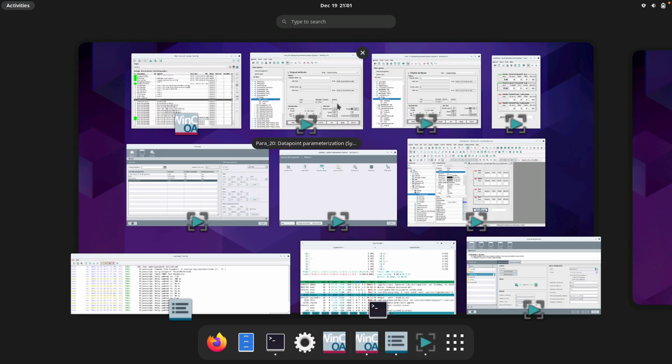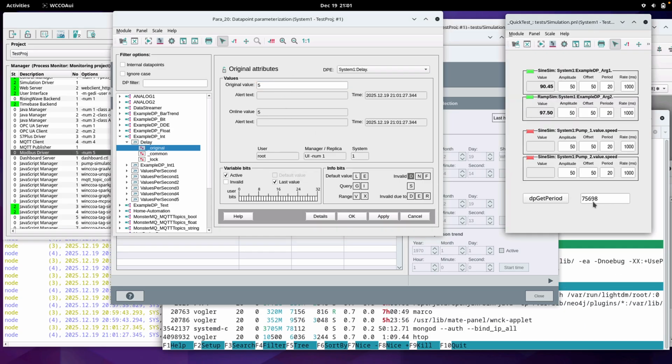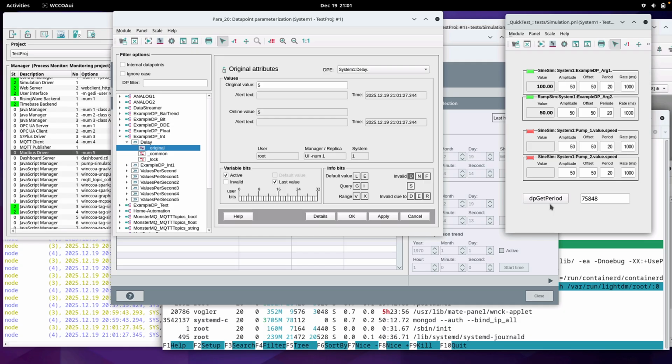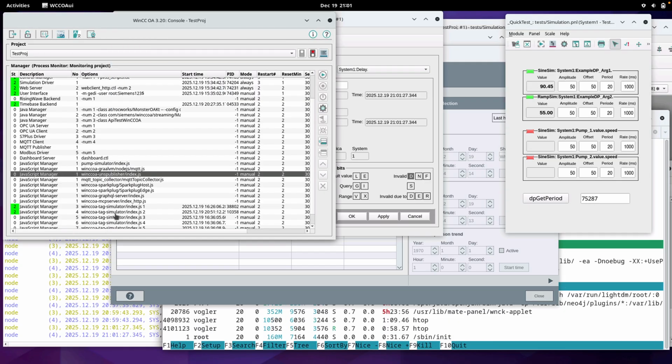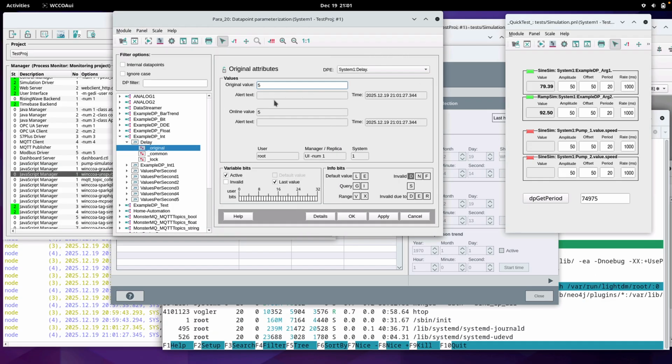And let's now increase the load a little bit. So let's see, 5. Here we see the amount of value changes per second. What we are simulating here, with a Node.js JavaScript manager in WinCC OA, is more than 100,000 tags changing. And now they are changing about 75,000 value changes per second. Let's increase it a little bit more to come